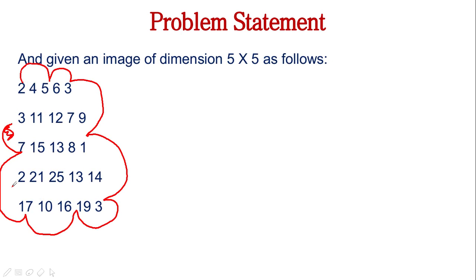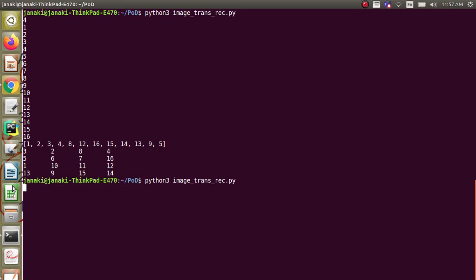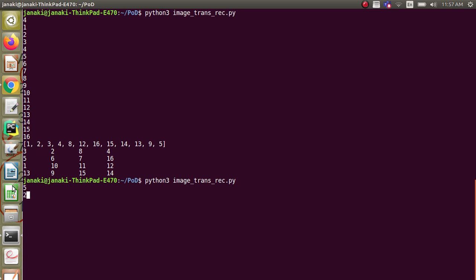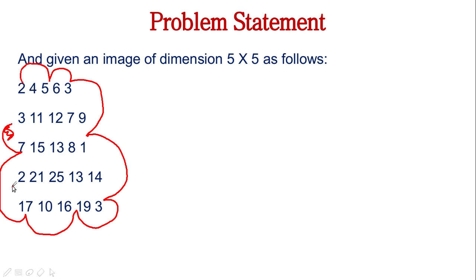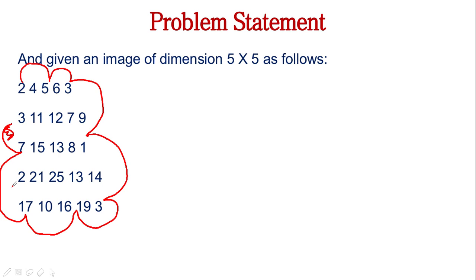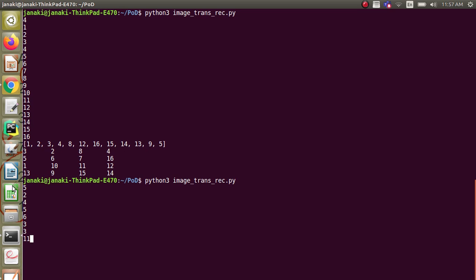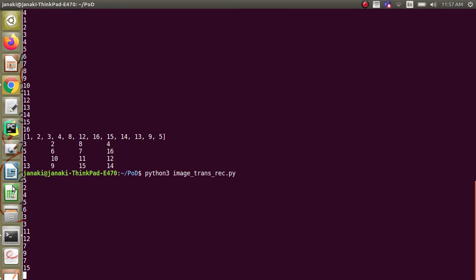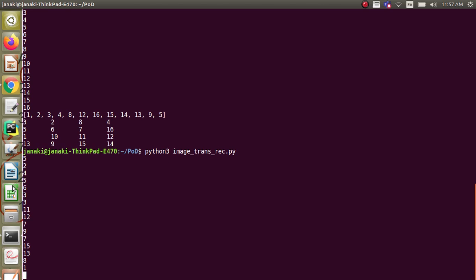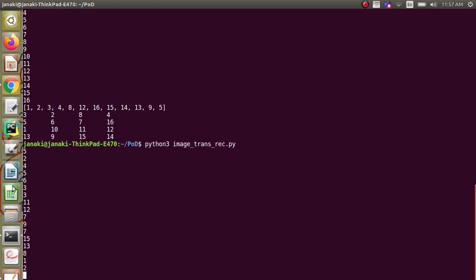So we have another example. Let us give that and check. This is a 5 cross 5 matrix where I should give 2, 4, 5, 6, 3. That is the first row. Second row is 3, 11, 12, 7, 9, and then 7, 15, 13, and then 8, 1, and 2, 21,